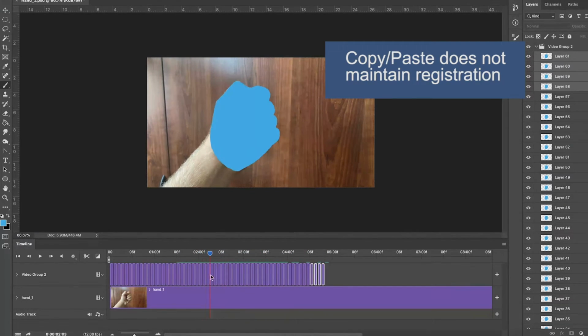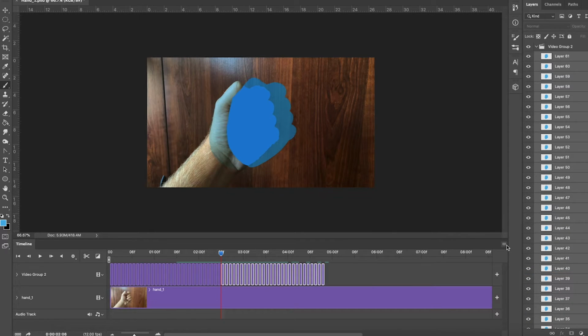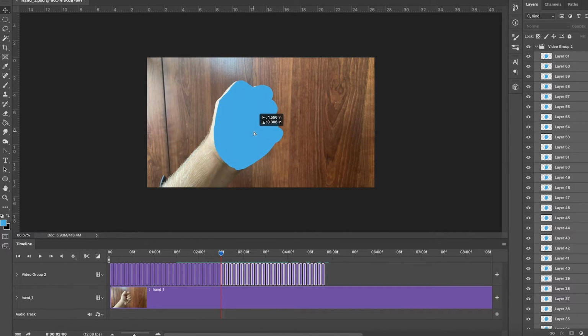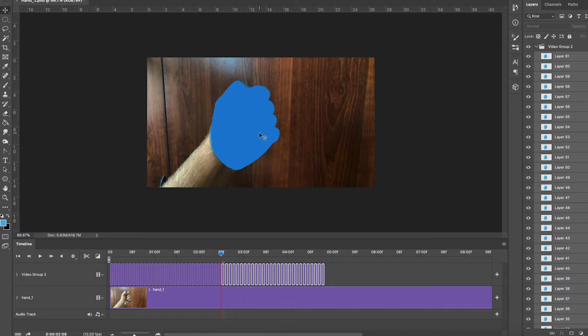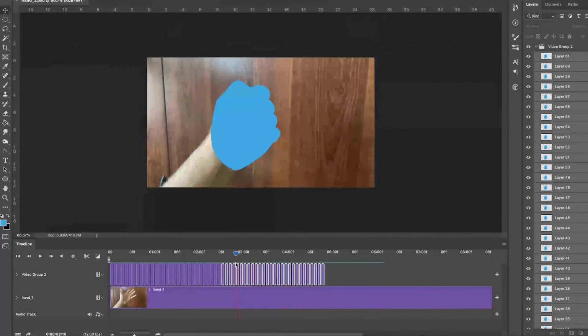Okay, so it did something that I wasn't expecting. It moved it over when we did the Command C, Command V, which is unfortunate. But we can fix that. So I'm just going back to onion skins, shift selected all of them, and I guess we can't see the onion skins when we move it, but general same area. That looks like it could be okay. Let's hit playback. And we can come in here later and make a few adjustments if we want to, but that's pretty good